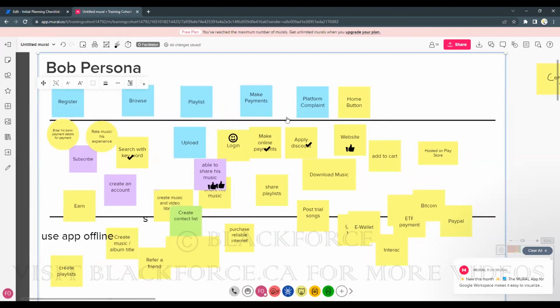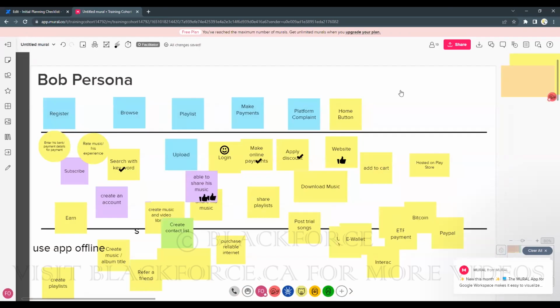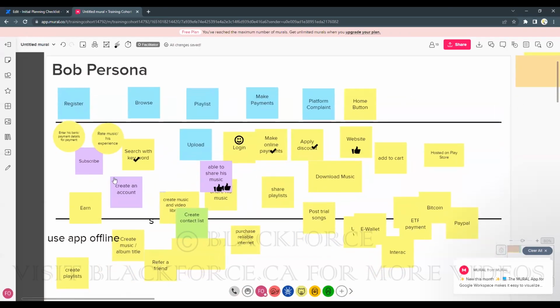Okay, thank you, everyone. So we have our epics now. We have register, browse, playlist, make payment, platform compliance. We'll now look at the other things here and see where they fit under the epics or if they need to be another epic. Okay, so let's start now. So I'm going to be doing that. If you think something is not supposed to be there, then we'll discuss it. Okay. So the first one here